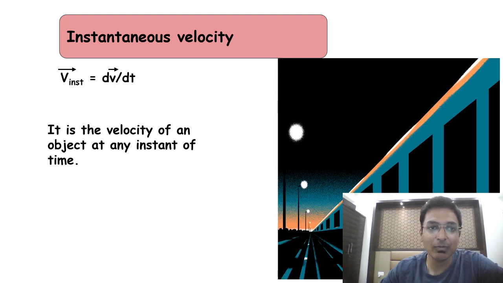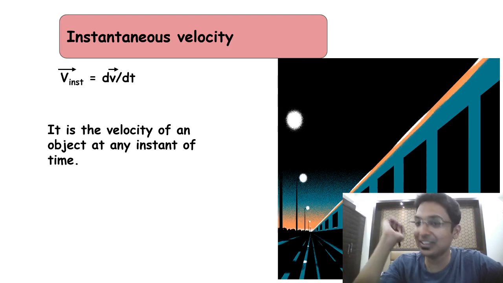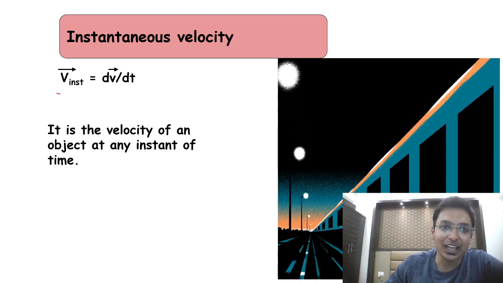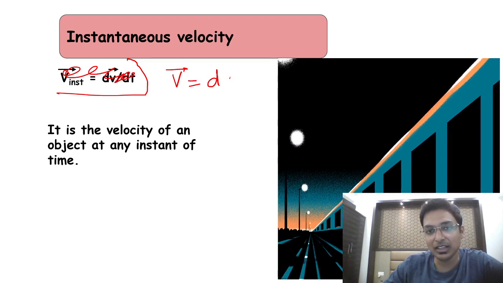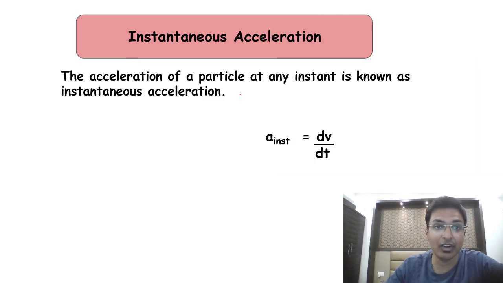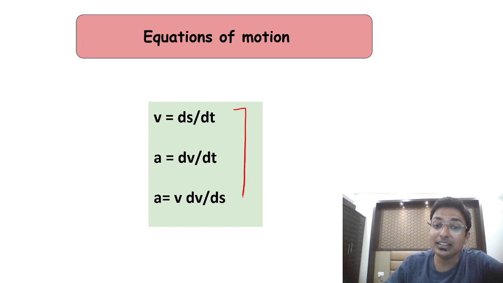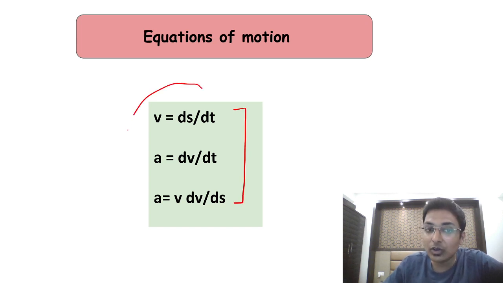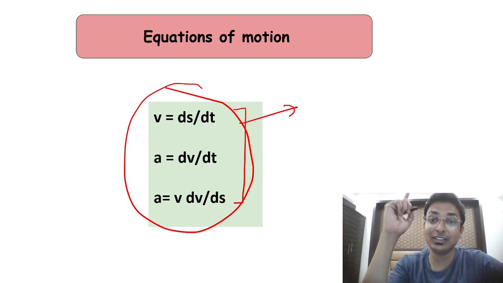Okay, moving forward, instantaneous velocity. So this is now where class 11th comes into the picture, calculus comes into picture. So instantaneous velocity is ds by dt. Instantaneous velocity is ds by dt. All right, differentiation of displacement. All right, then instantaneous acceleration is dv by dt. Okay, so instantaneous acceleration is dv by dt. Moving ahead, so now these are the equations which you need to remember. This involves calculus and these can be used anytime. In this no condition is there. In the previous equations there was a condition that acceleration should be constant.